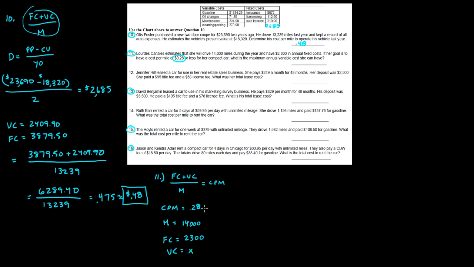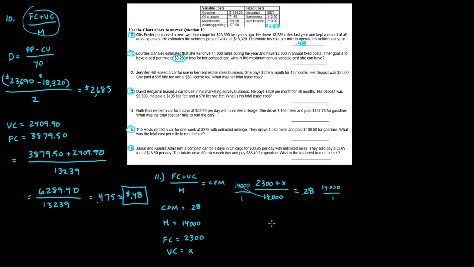So what we have to do is solve for the variable cost. When I plug this into this equation, it gives me 2,300 plus x over 14,000 equals 0.28. I just took these numbers and put them into my cost per mile formula. So now I've got to solve for this. So I've got to take 14,000 over 1, right? And that cancels those out. So then I've got to multiply this by 14,000 over 1,